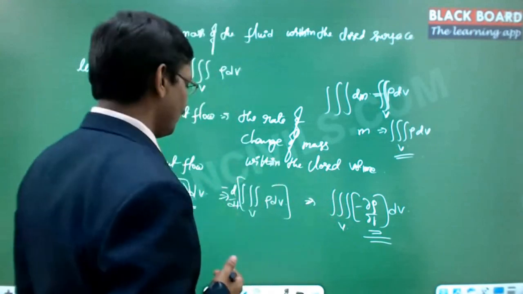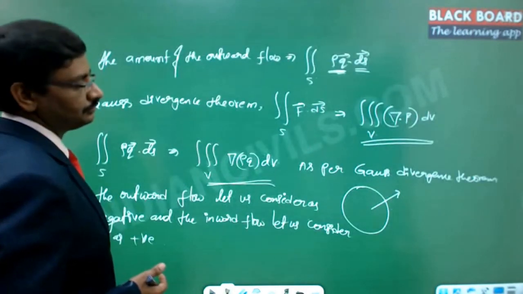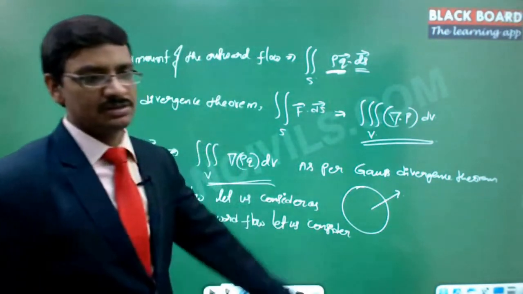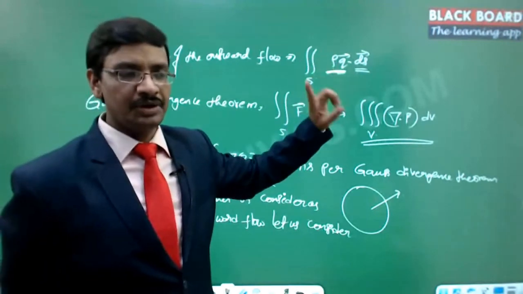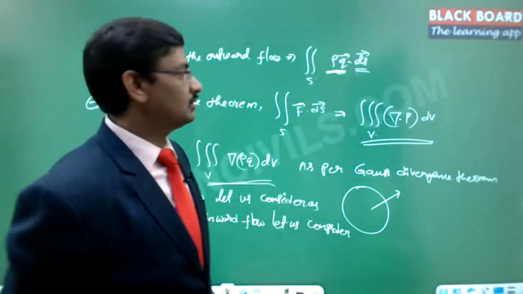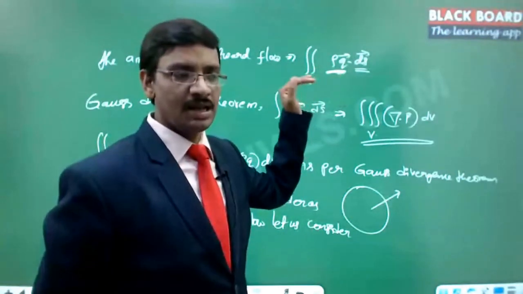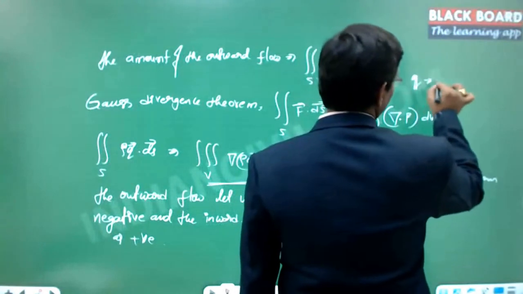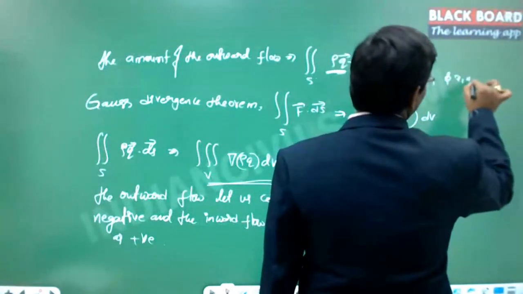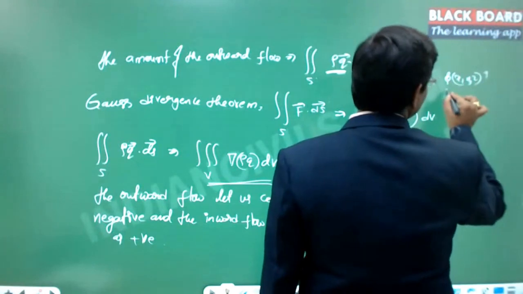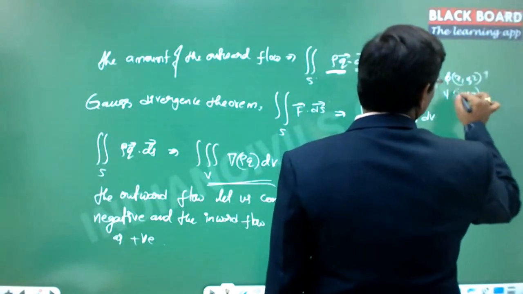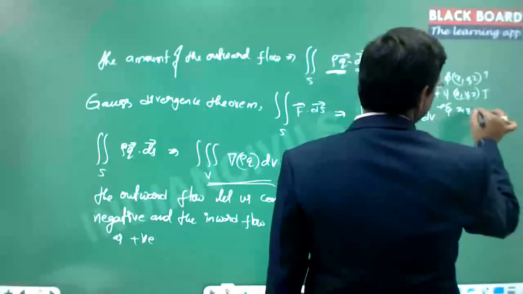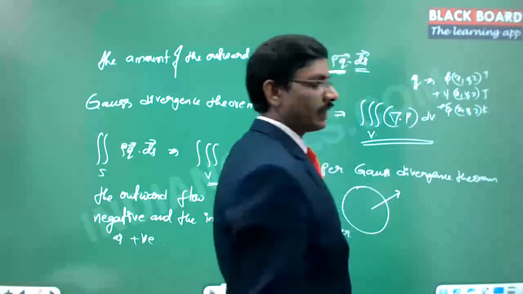So here, when we consider this, see this: rho q dot ds is what we have considered here, and this rho q entirely we treated as a single vector function, because a vector multiplied by a scalar, that scalar you can take into the function itself. That means q is expressed as, let us say, a function of x, y, z into i plus psi of x, y, z into j plus xi of x, y, z into k. So this is a q vector, right?